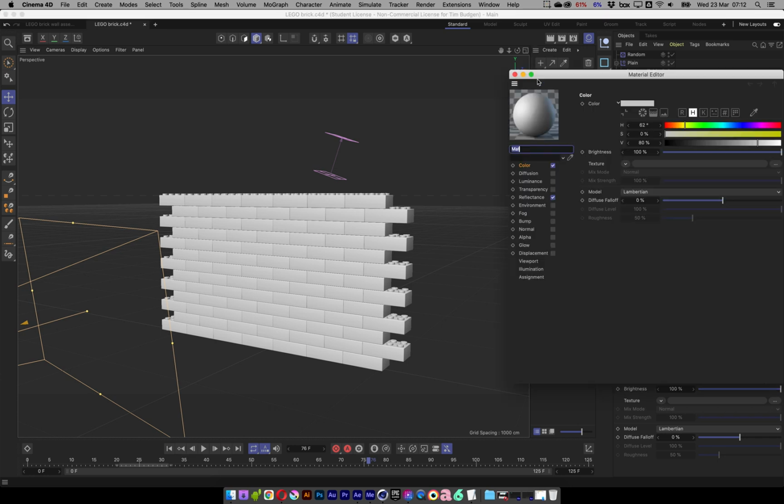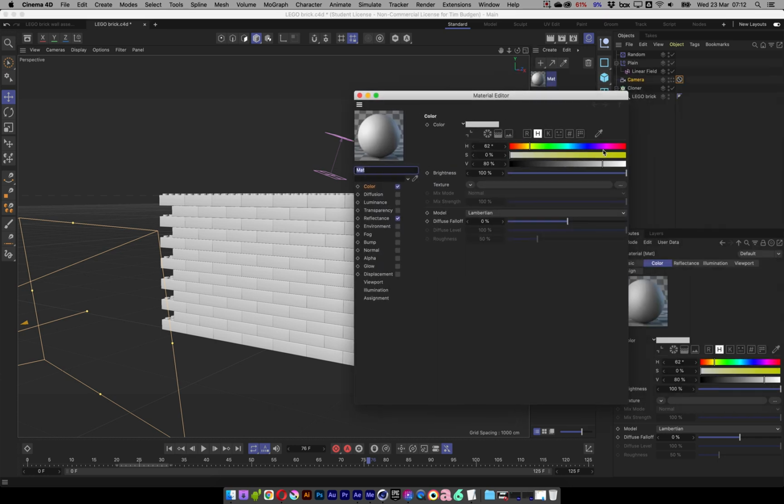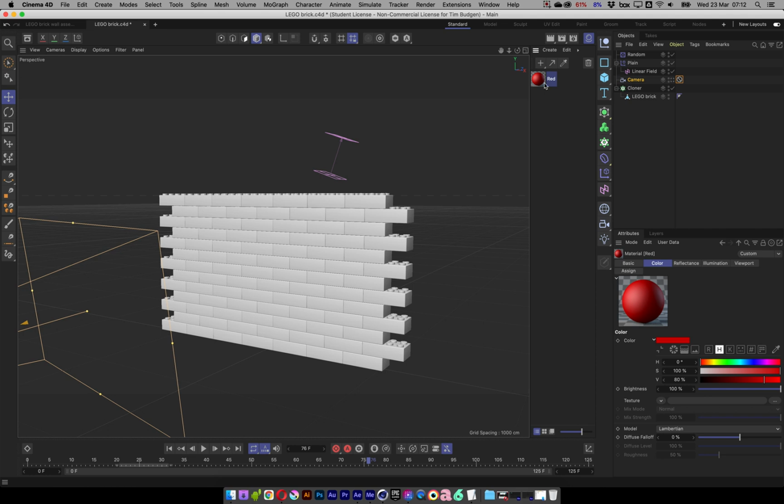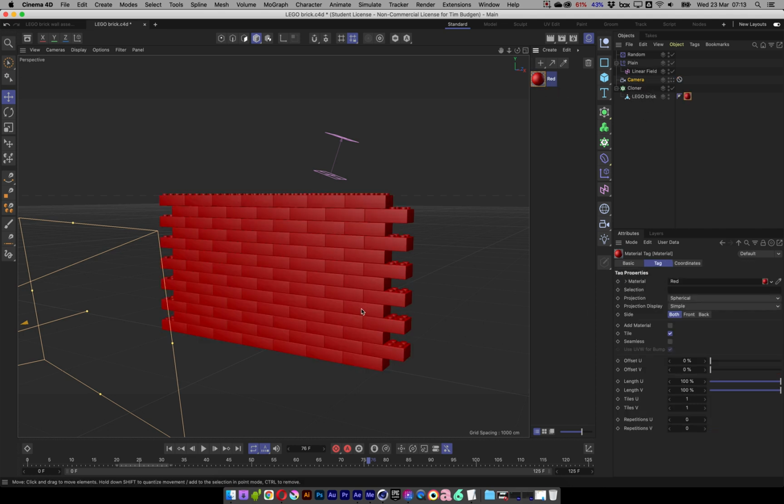I'm going to double click this and I'm going to make this red. So let's just click and drag these sliders for my colors, and I'm going to call this material red. And what I'm going to do is drag and drop this red onto my Lego brick, and now I've got